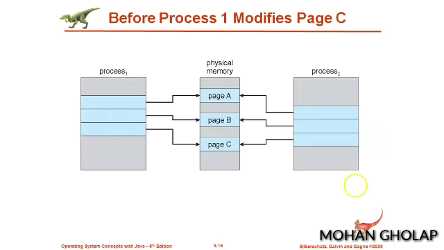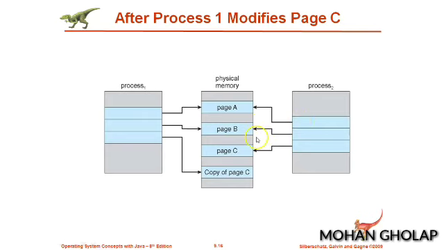So that we will see in the next picture. Here let us consider that process 2 wants to change the content of page C. Initially page C is shared among both process 1 and process 2, but process 2 wants to change the content of this page C, which will not be required for process 1. In that case, a copy of this C is created and kept with process 2. So by this copy on write, unnecessarily duplicate copies of the same pages are avoided, and whenever there is a need, the duplicate is allowed to be created.